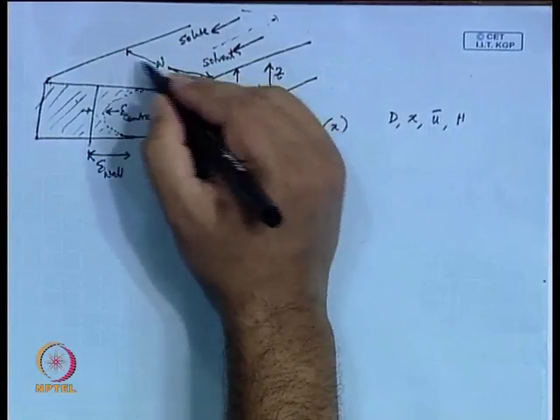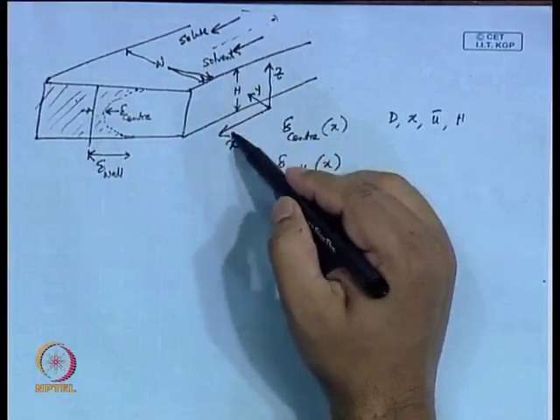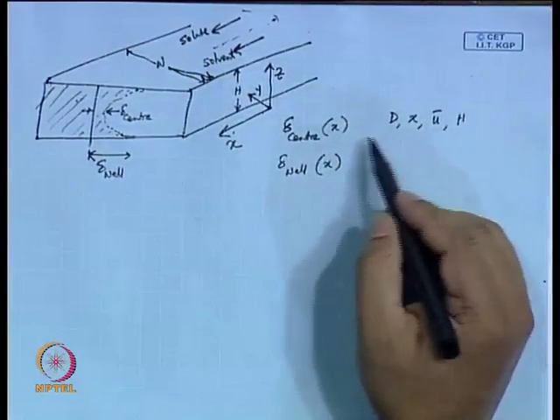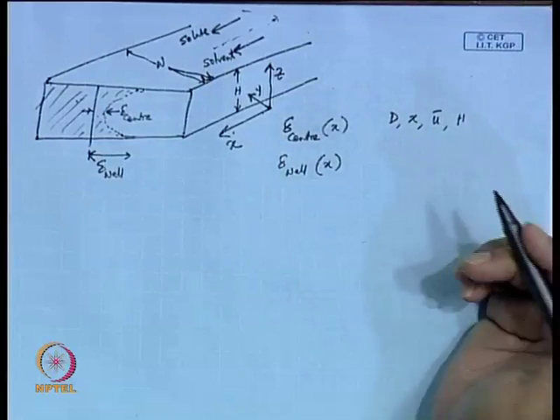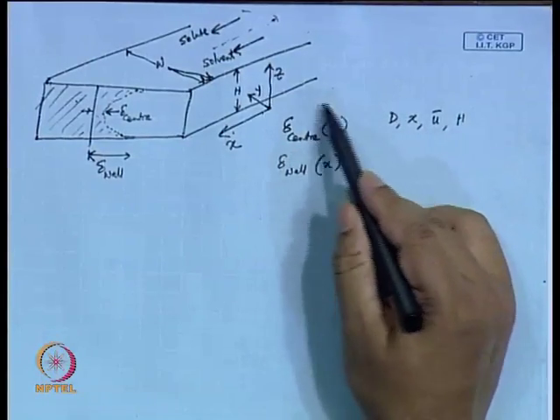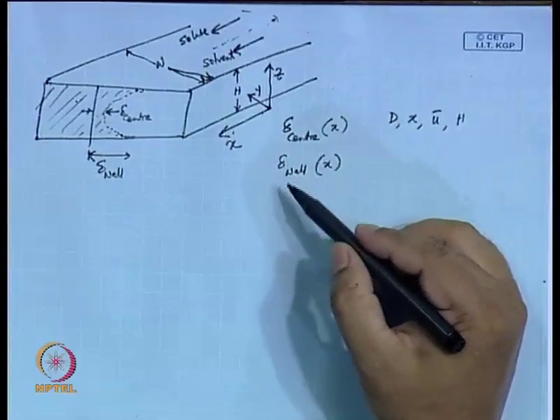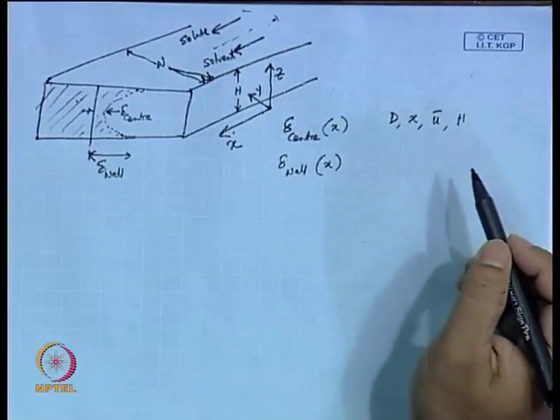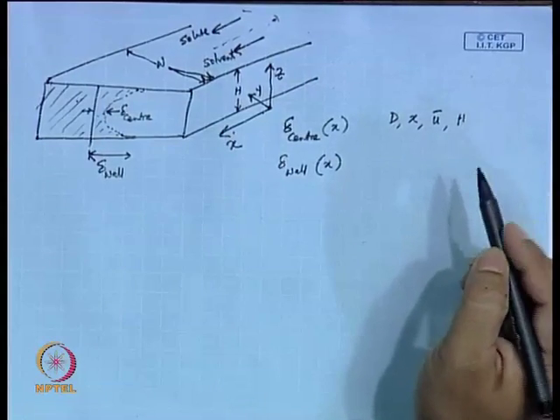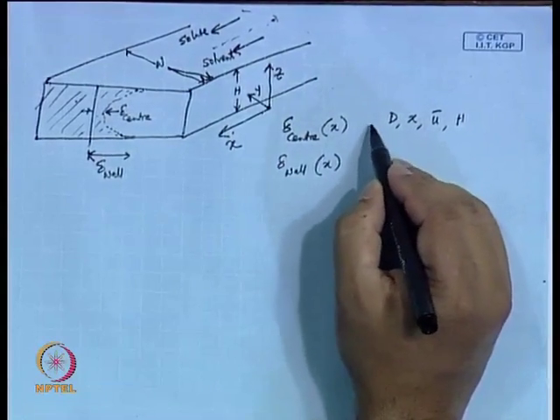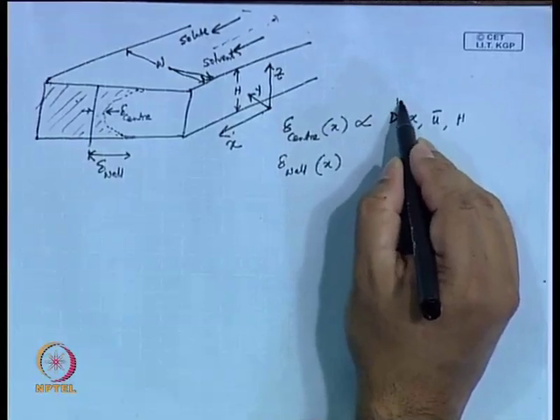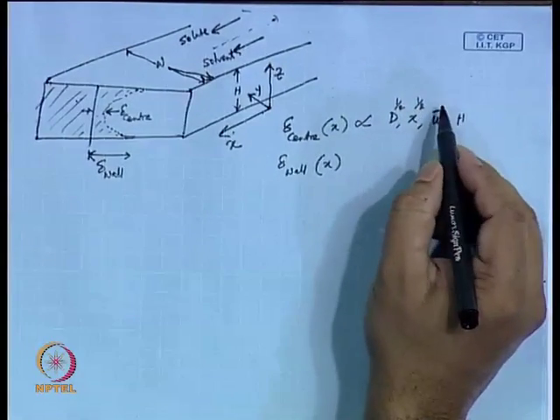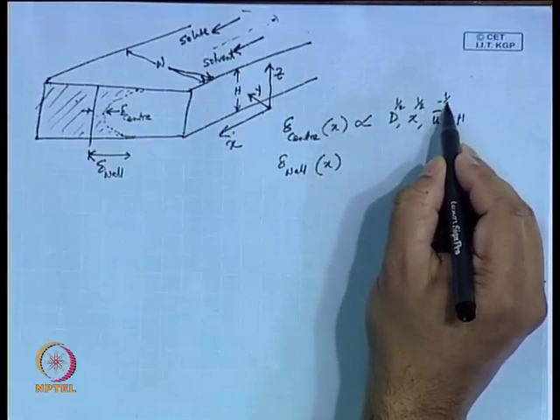This distance would be w, this distance would be h, and this would be x, y, z. So, this proportionality, they try to find out how delta center as a function of x and delta wall as a function of x depend on these quantities. Okay. And what they found is basically this is proportional to d to the power half, this is proportional to x to the power half, and this is u bar to the power minus half,